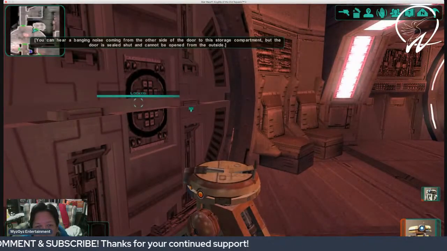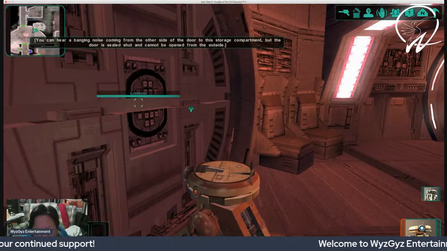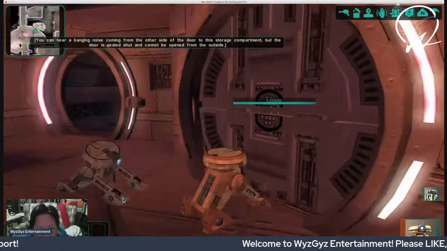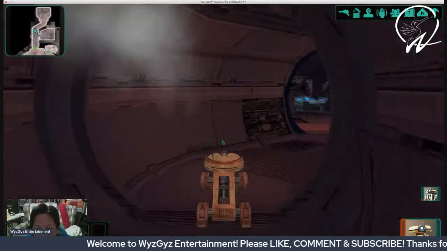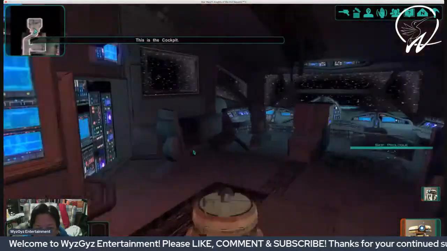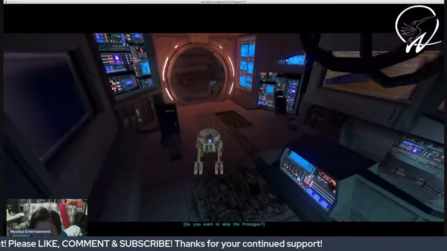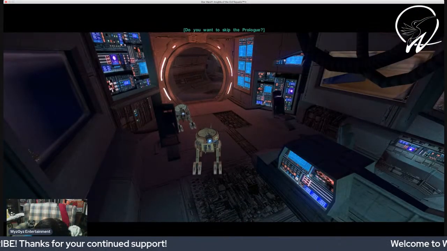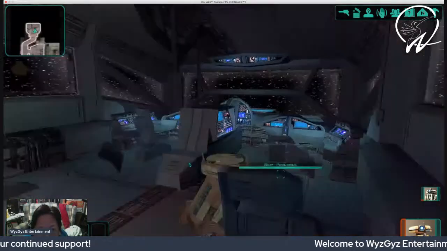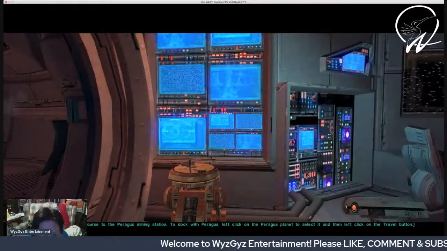You can hear a banging noise coming from the other side of the door to this storage compartment. This is the cockpit. Do you want to skip the prologue? Let's continue the prologue. You can now plot a course to the